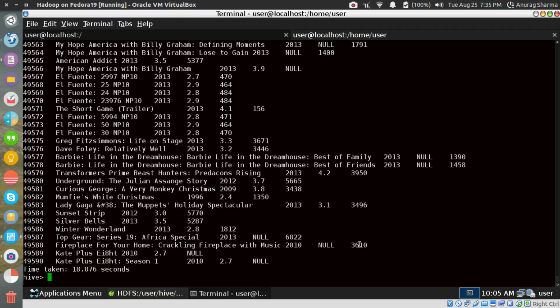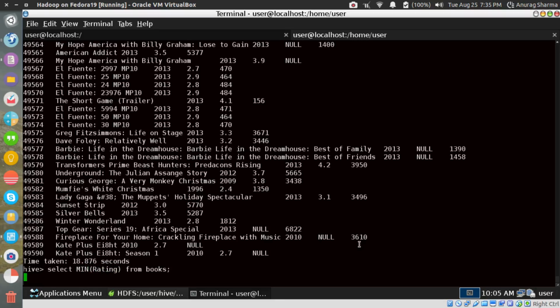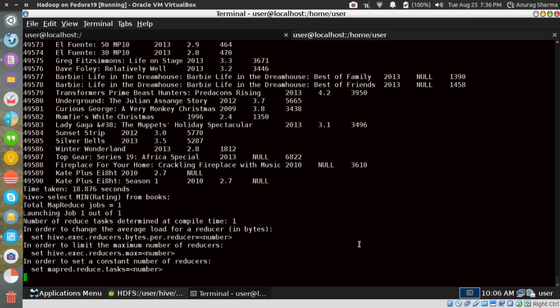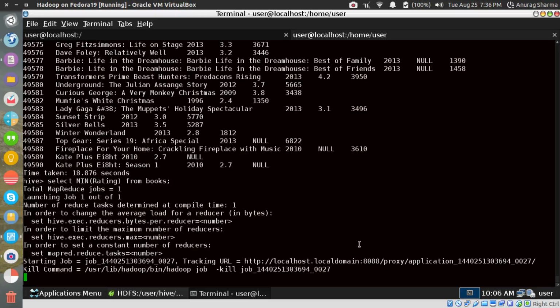Now the one that I want to do is a minimum, right? So let's check whether this command will work or not. Okay, so semantically it is all fine, we know that. The reason why I'm checking is I have a few rows where the rating is null, so I'm not quite sure if it would throw me an exception, or would SQL, or HQL as we call it, be smart enough to ignore the nulls and show me the lowest value.